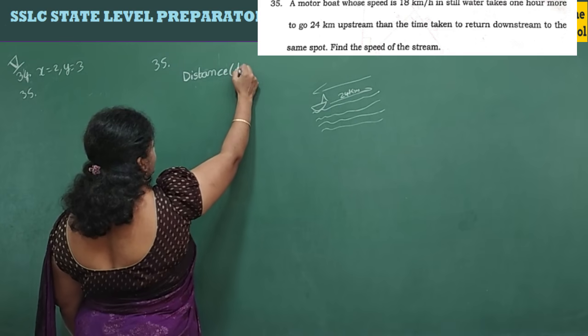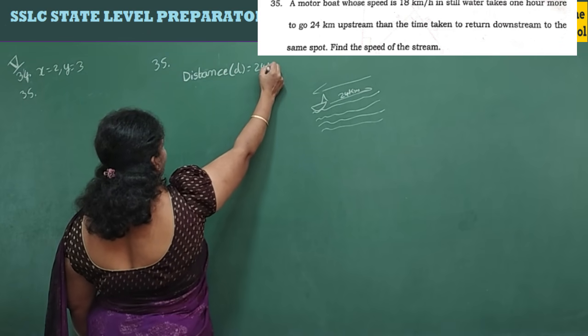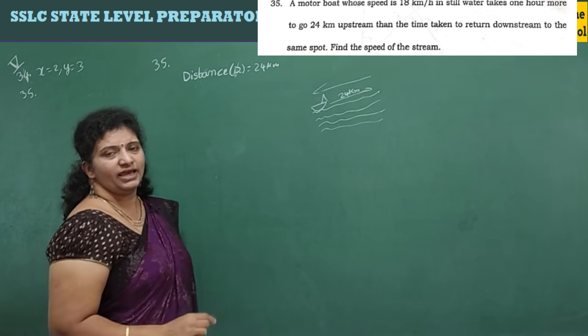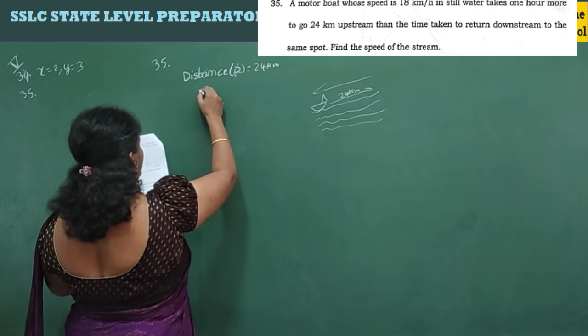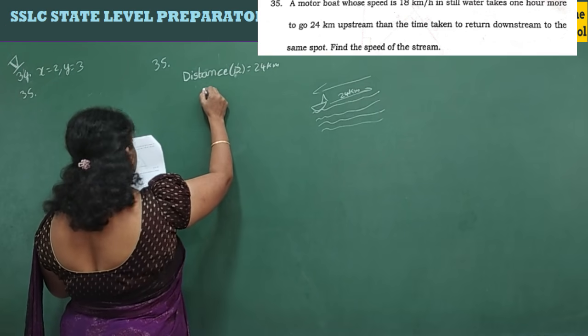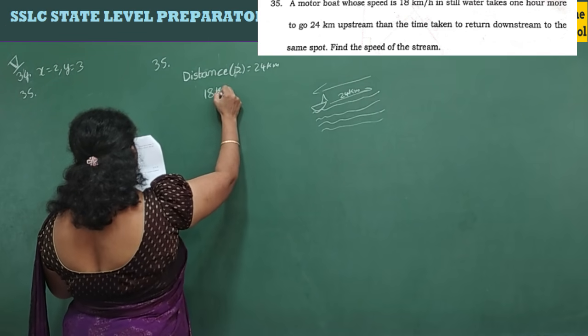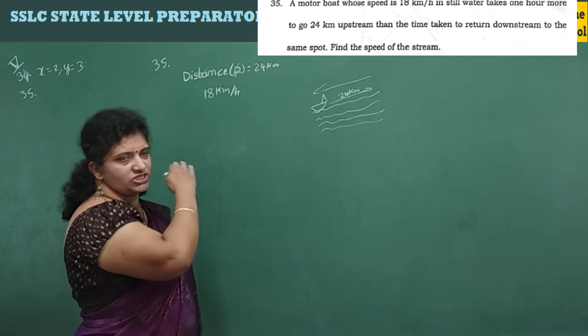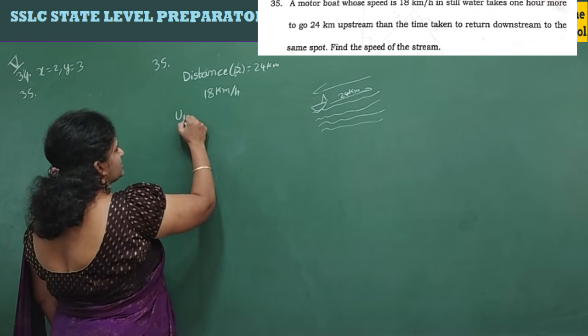Distance D is equal to 24 kilometers. You can give capital D also. In still water, what is the speed, children? Still water is 18 kilometers per hour. Now I need here upstream and downstream. So upstream